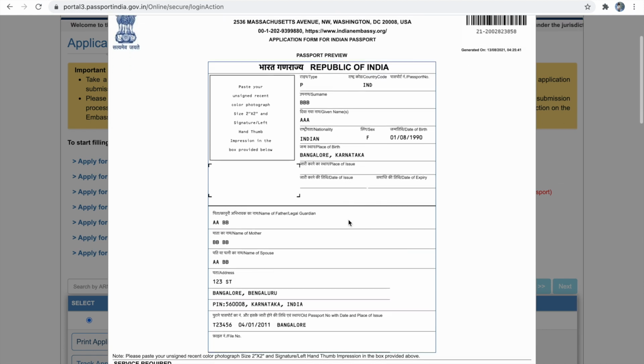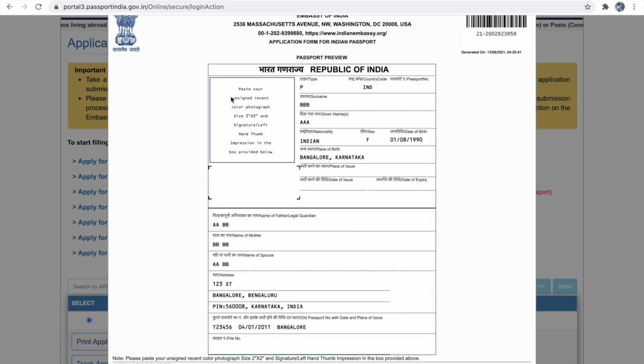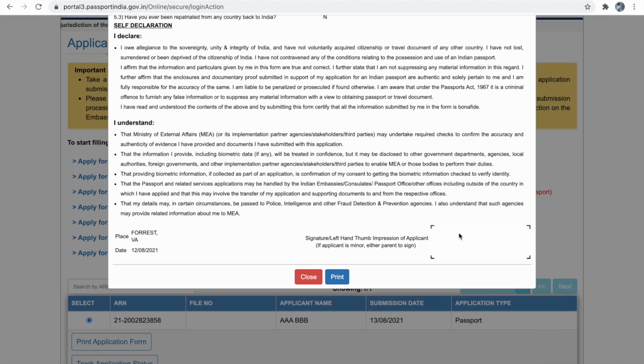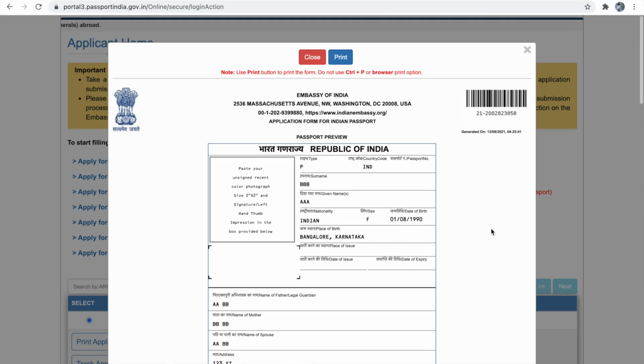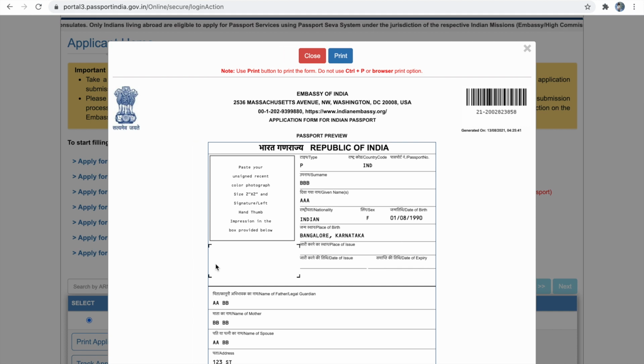So once you print your application form, you have to paste one passport size photo in this area, and you have to sign below the image or below the passport size photo. Also, you have to sign at the last page where it is mentioned as applicant's signature. For minor applicant, either of parent can sign at this last page, but you have to take minor applicant's thumb impression at the place where it is mentioned to sign below the photo. If minor applicant is above 5 years, then he or she has to sign or write name in the space provided for applicant's signature. So once you have printed your application and signed your application, your step 2 is completed.